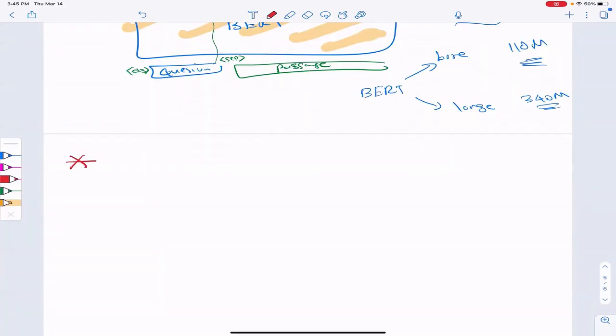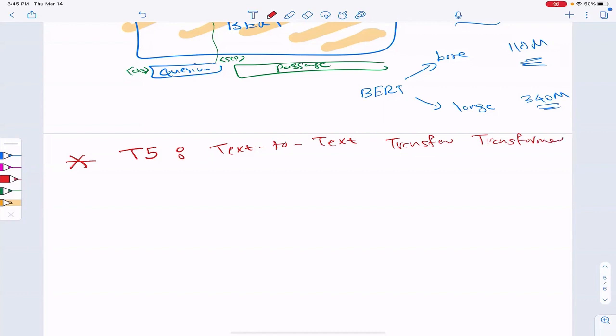As I mentioned, next I'm going to cover T5. That stands for text-to-text transfer transformer. I'm sure they tried to have different T's at the beginning of their words, but it's a nice and catchy name, T5. And the main idea of the T5 paper is to be able to compare different models